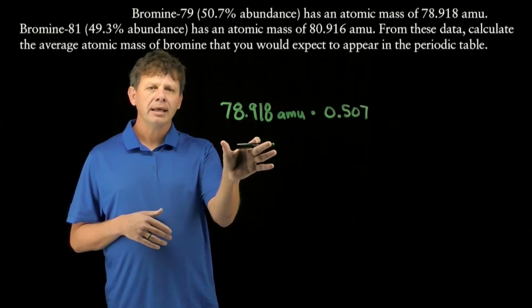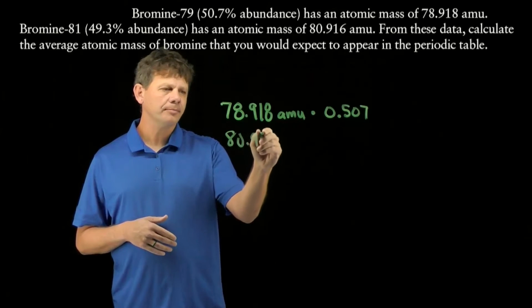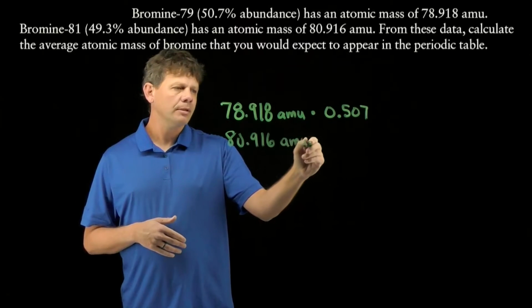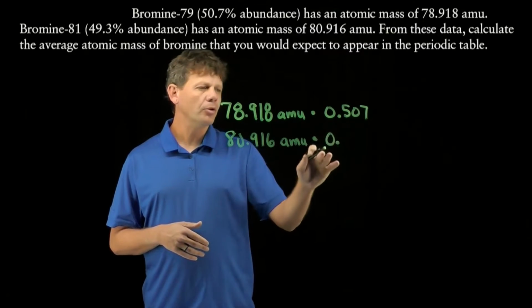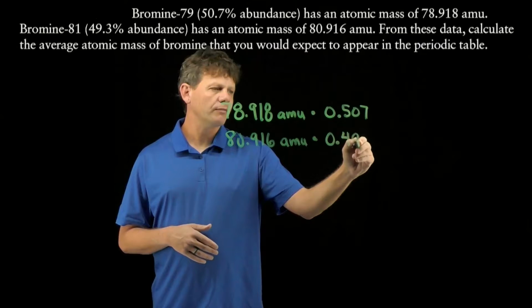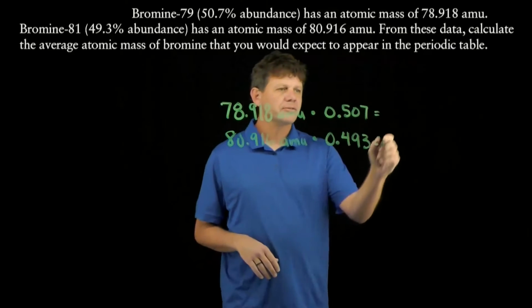Bromine 81 has an atomic mass of 80.916 atomic mass units, and its abundance of 49.3% we can express by multiplying times 0.493. If we do both of those calculations, we get